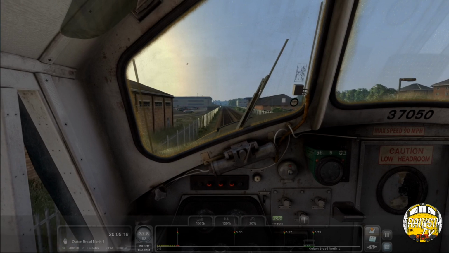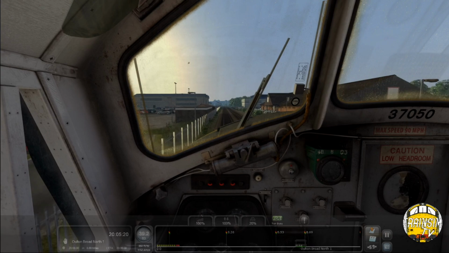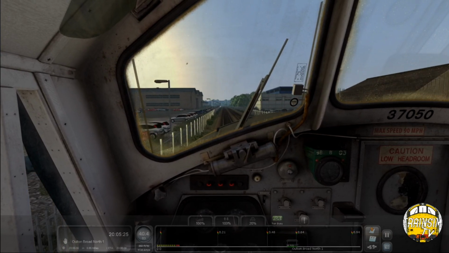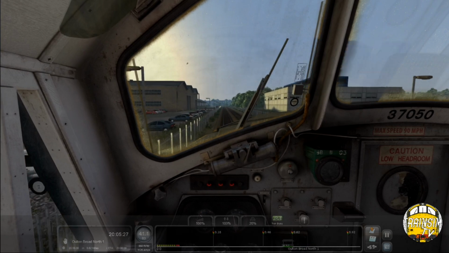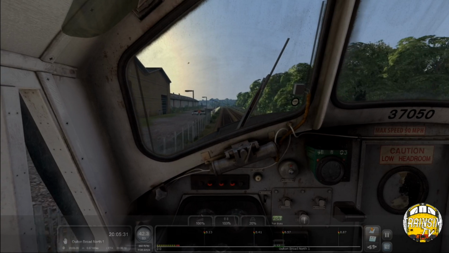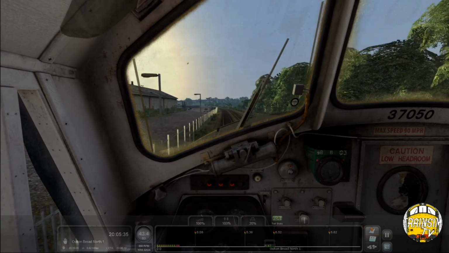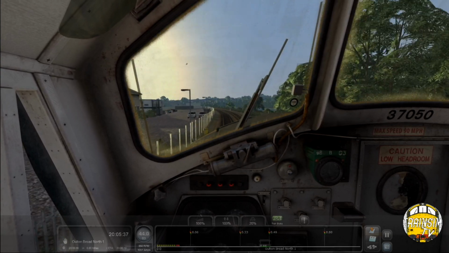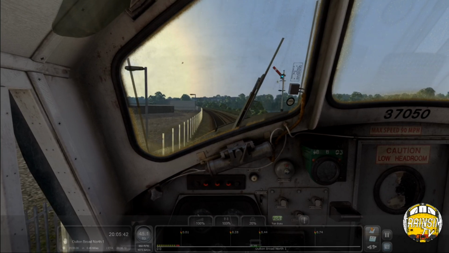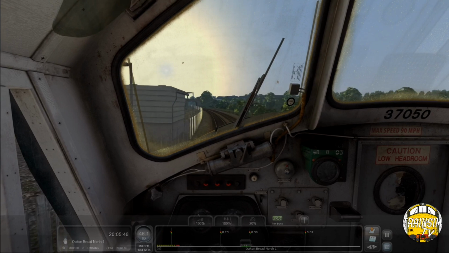So we're on our way now, Alton Broad, we're due there now-ish. So this is pretty much an original Class 37, 37050 in BR Blue from the mid-80s. You've got various differences in things like the buffer cowling that change, but this is about as original